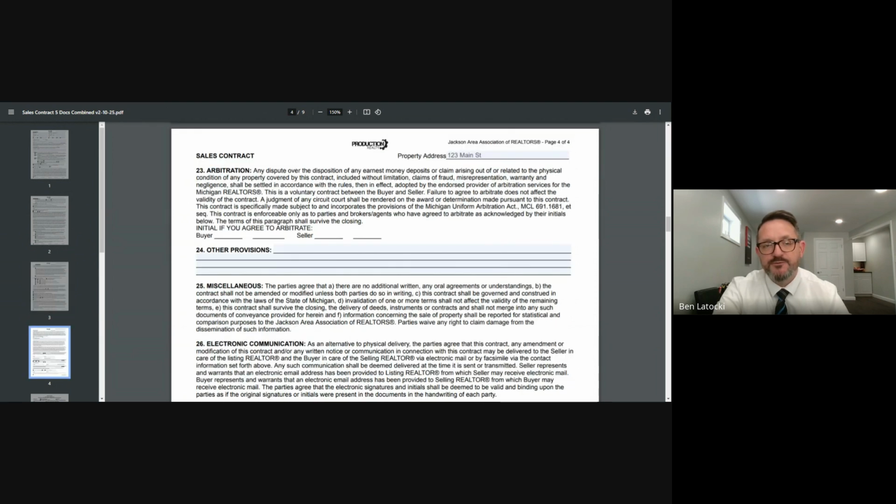Now we're on to page 4. This is the last page of the standard purchase agreement. 23 talks about arbitration. So if there was any dispute arising out of this transaction, whether it be for the earnest money or the condition of the property or anything, if both parties agree to arbitrate down the road, then the buyer initials here and the seller initials here, and whatever that issue is, they can call an arbitrator and